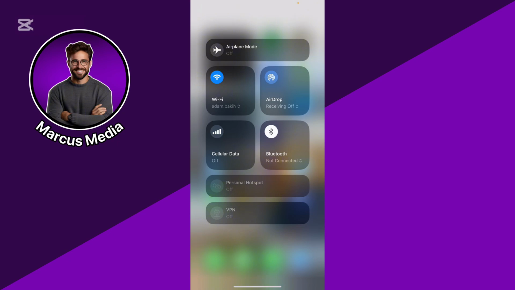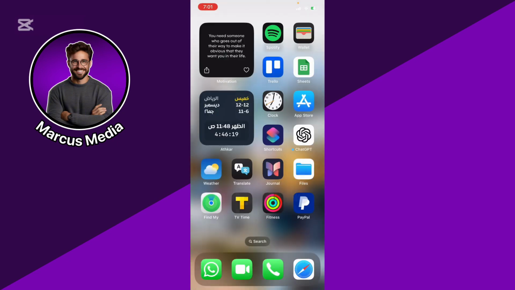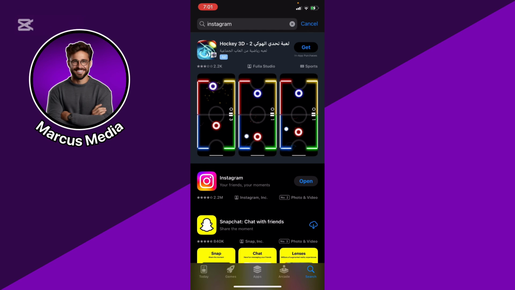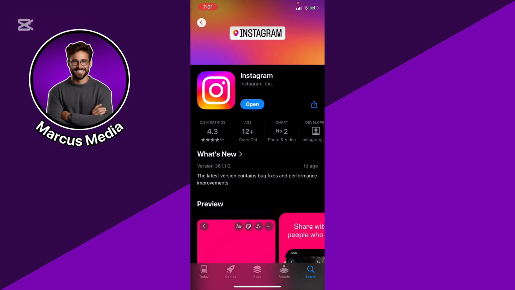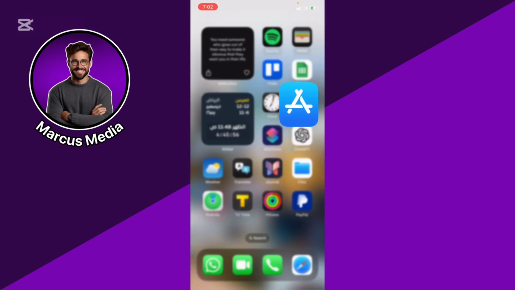Okay, and basically what you're gonna do next, go to your App Store, Google Play, and make sure that you updated your Instagram to the latest version in order to get access to all the new features. Probably this is what's holding you back, because you haven't updated Instagram for a while now. So make sure that you do, and if you update it and still face that issue, go back to your